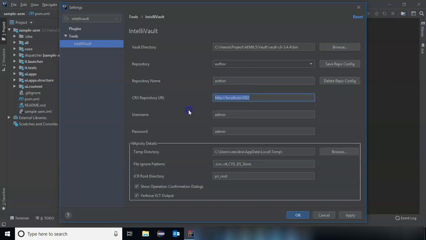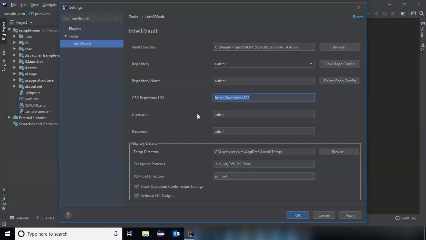And then you have to give where you want to import from. It is not always localhost. You can even give your dev URLs also if it doesn't restrict you from connecting to any system. So normally I always use IntelliVault with localhost, because in a project we always work locally and then push the code, so you don't always need to sync your dev to your local IDE, right? It's always advisable to use your localhost for your coding so that you don't mess up anything in your dev or QA or stage.